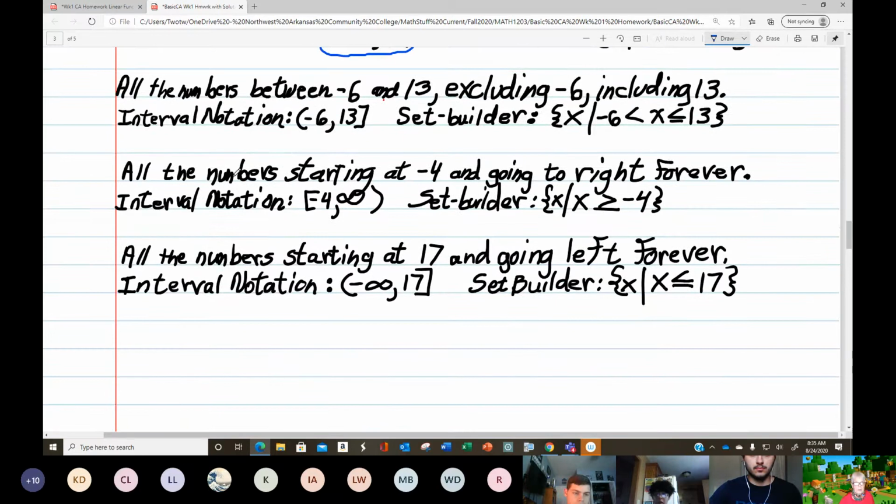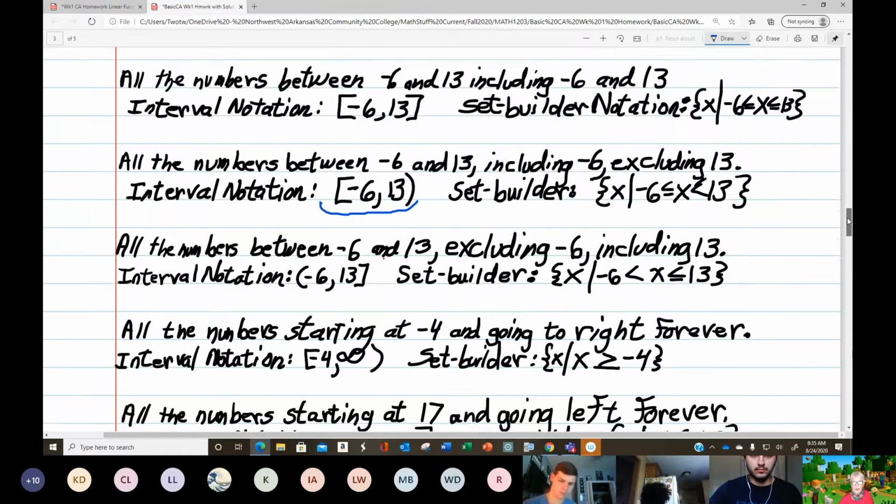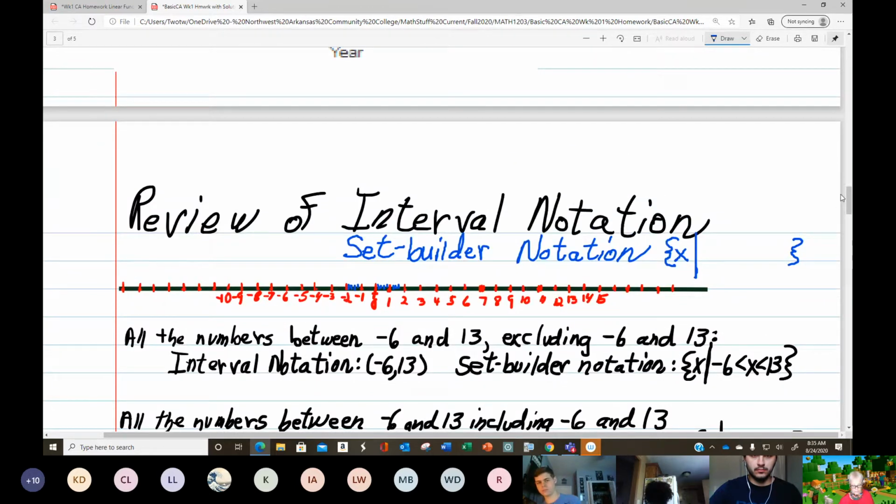Here we're talking about all numbers starting at -4 and going to the right forever. Now, I just went ahead and assumed x could equal -4 to make life a little bit easier, but let's get a picture of what I was talking about. The numbers that x can equal start at -4. And I should have said x can equal -4, again, just my assumption. So x can equal all these numbers, decimals, fractions,